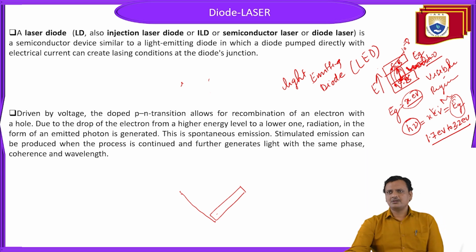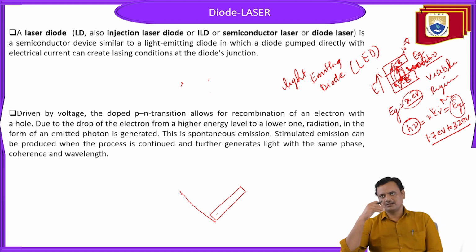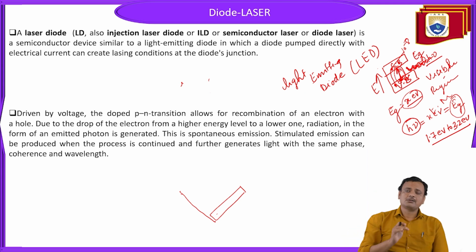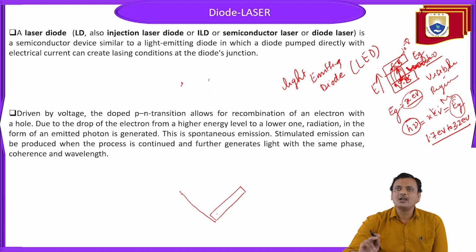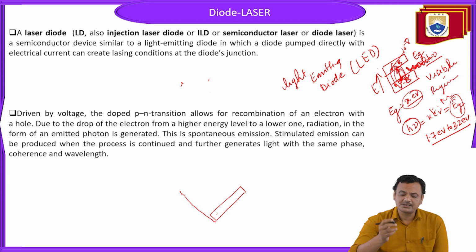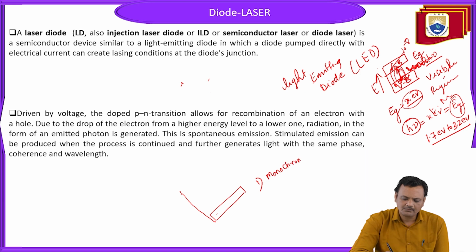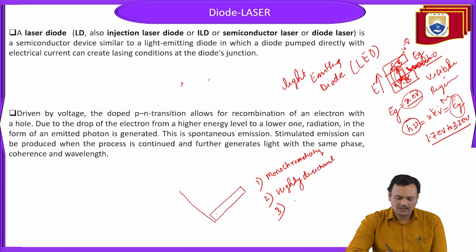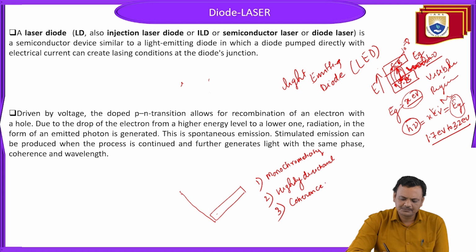Any light emitting diode, whatever the principle behind it, on the same principle this laser diode will also work. But what is the main difference? The light generated by a light emitting diode will not follow the characteristics of laser. What are the characteristics of laser? The characteristics of lasers are monochromaticity, second, highly directional, coherence in nature,